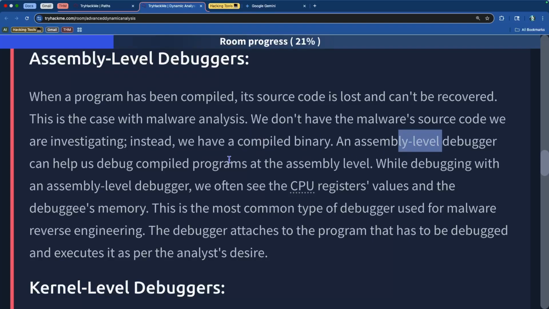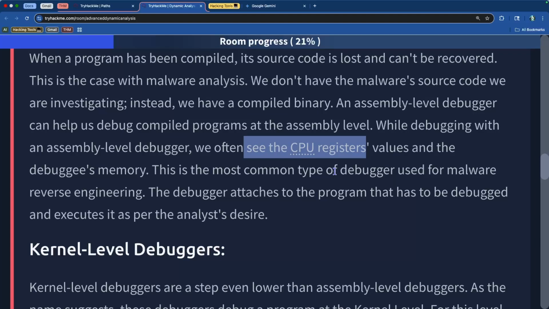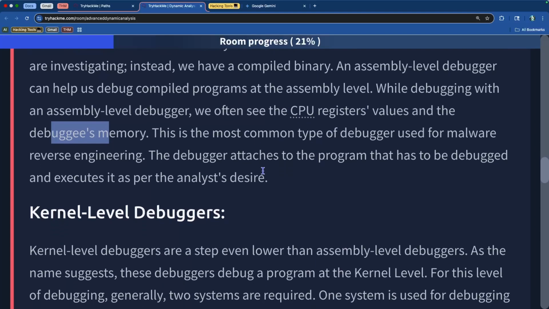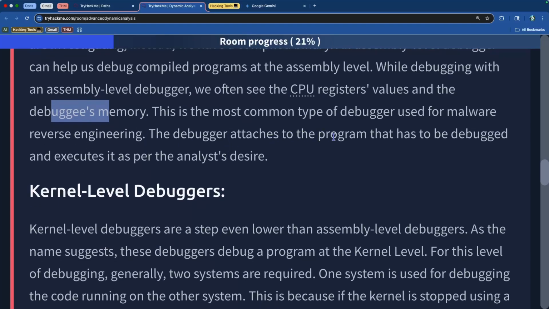So the assembly level debugger can help us debug compiled programs at the assembly level. When we use this type of debugger, we often see the CPU register values and the debuggee's memory. This is the most common type of debugger used for malware reverse engineering. The debugger attaches to the program that has to be debugged